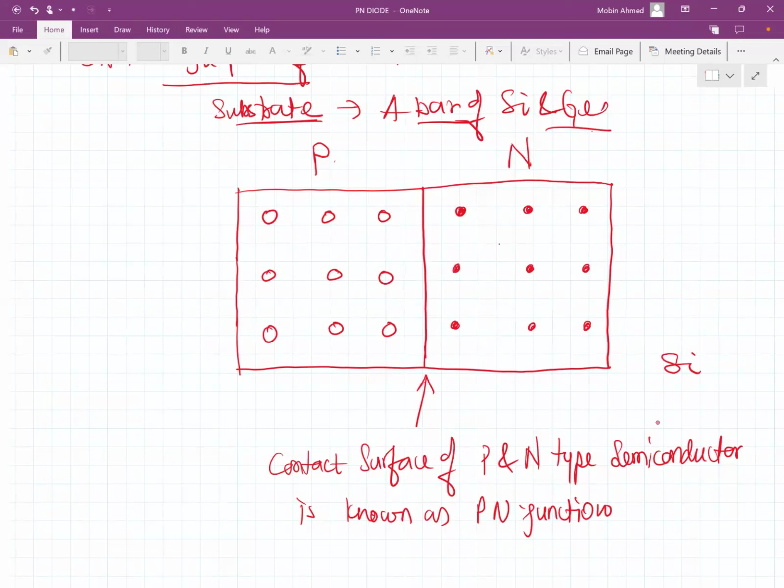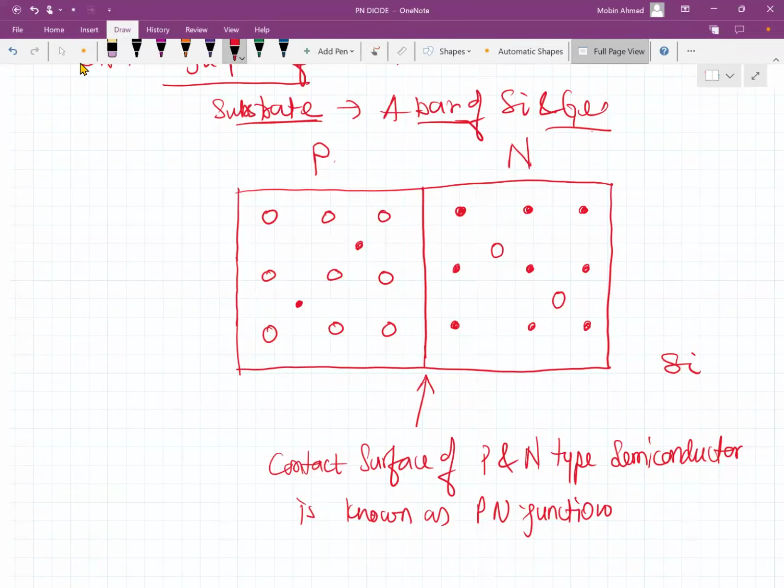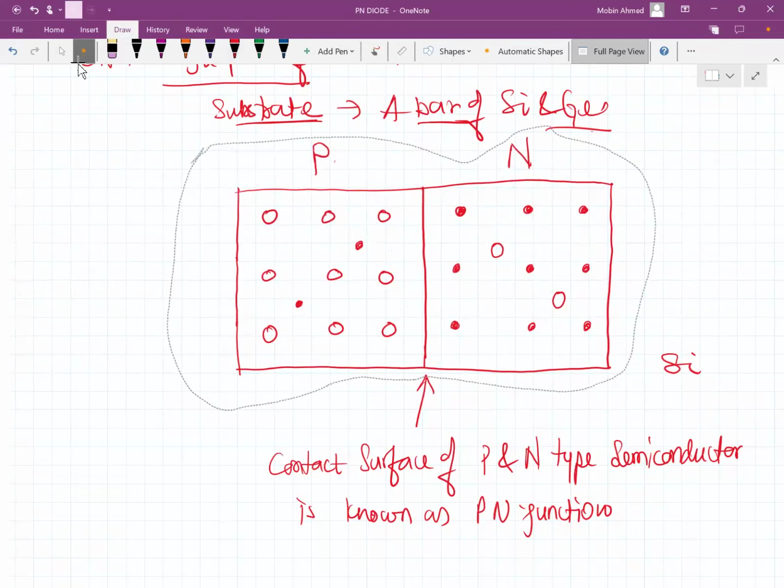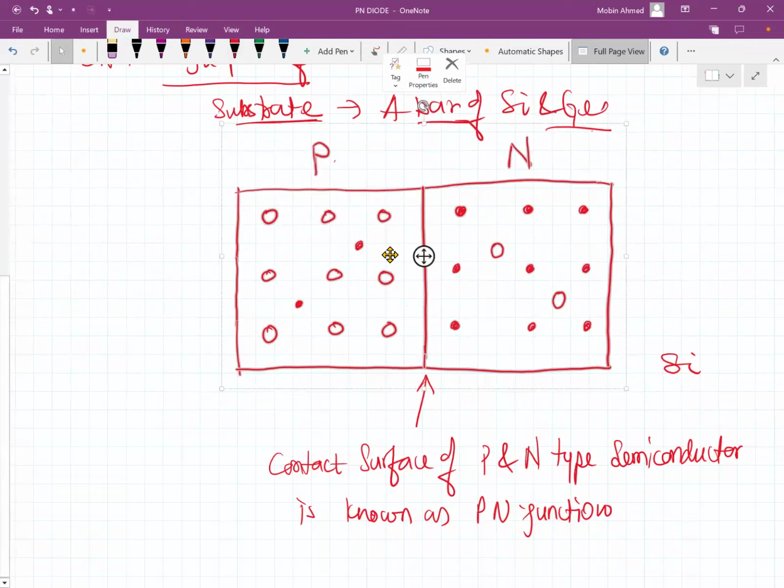And there will be minority carriers here also, and here also. So the contact surface is the P-N type semiconductor. Okay. Now as soon as the contact surface has formed,